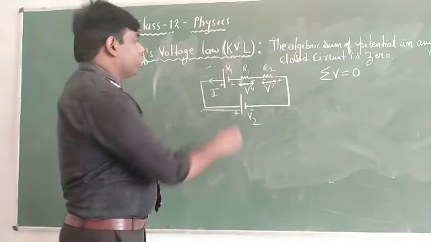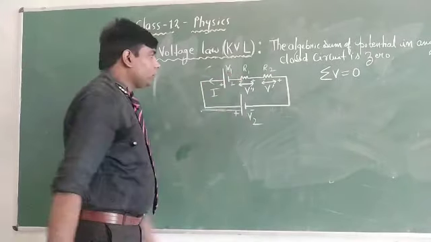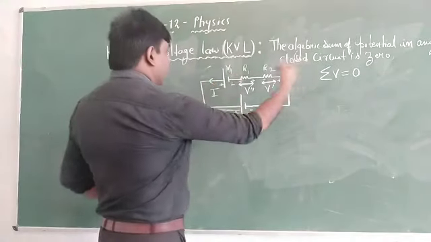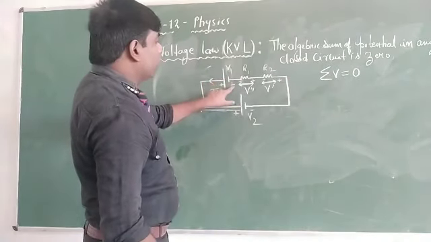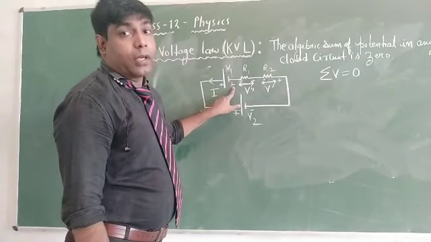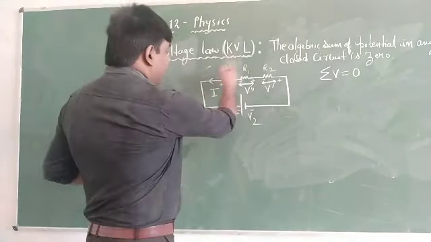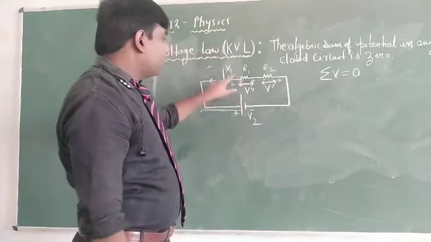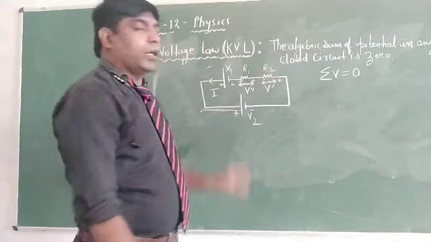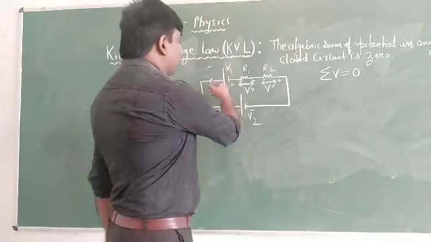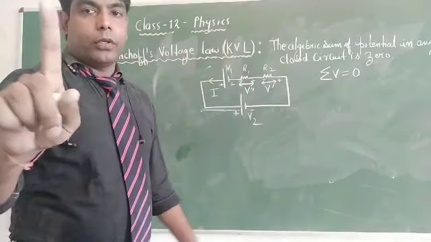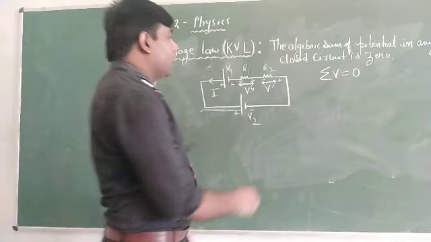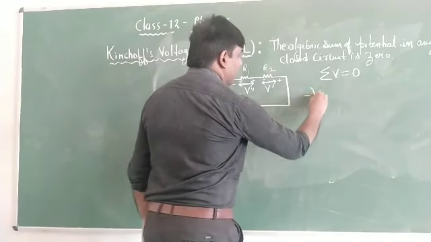Now see, I will start from here, V1. So when I start from V1, first, I will encounter which sign? Negative sign. See, I have to go in a closed circuit. Closed circuit means closed flow. So, I have to start from here and come back again here. So, when you start from here, there are 2 points. First point will be what? Negative. So, you write here, first is negative, so V1.